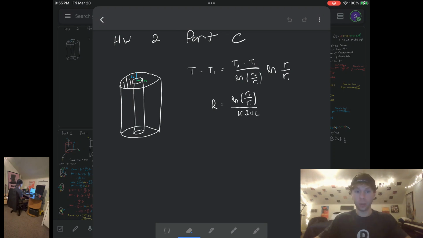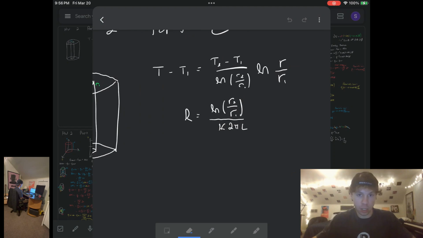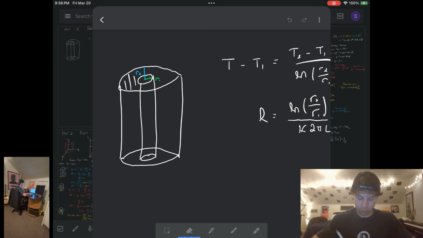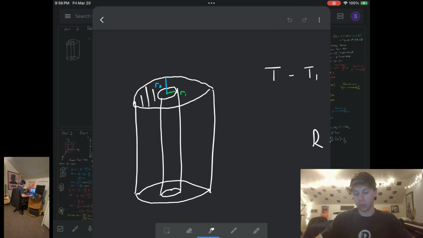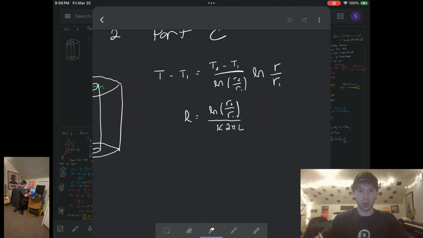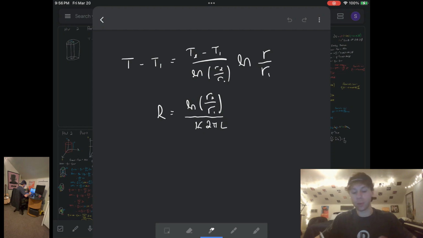This is homework 2, part C. To begin, I will derive the equation for our thermal resistance for our pipe that we used in our previous video with some insulation around it. To do that, we'll start with the thermal resistance that we derived for the pipe, which we said is equal to the natural log of the outside